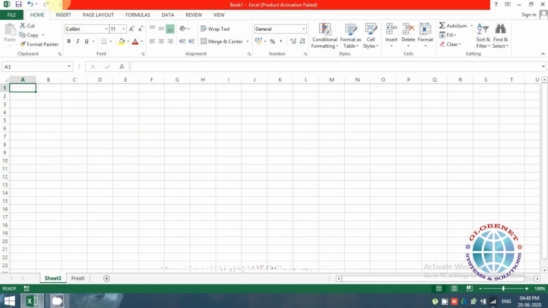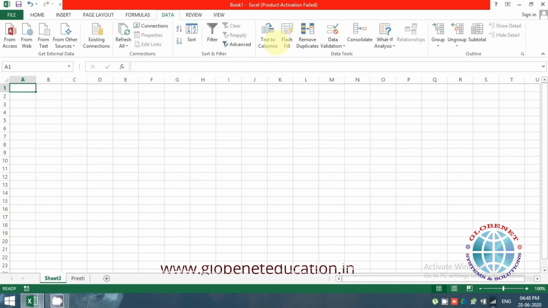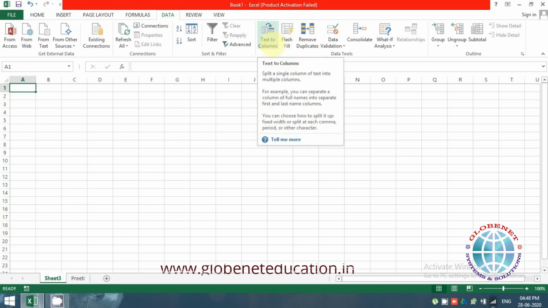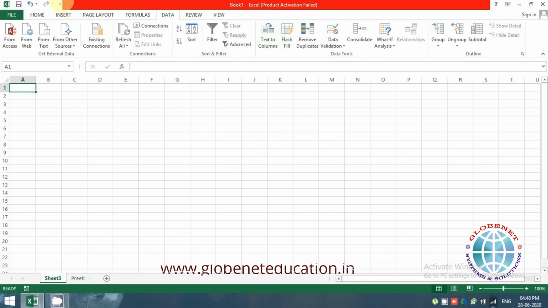As I said, this is the QAT, or the Quick Access Toolbar. By default you will get the save, undo, and redo options. But in case there is some feature which you very frequently use and you always have to go to a particular tab to get it, for example text to columns, and you don't know the shortcut, you can simply add an icon over here and use it whenever you want.